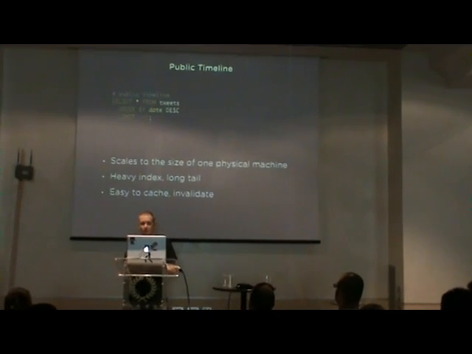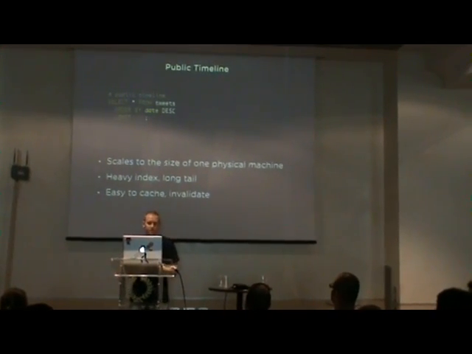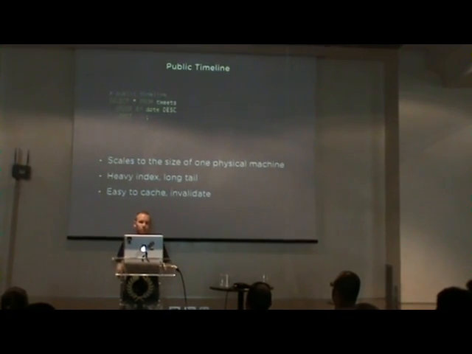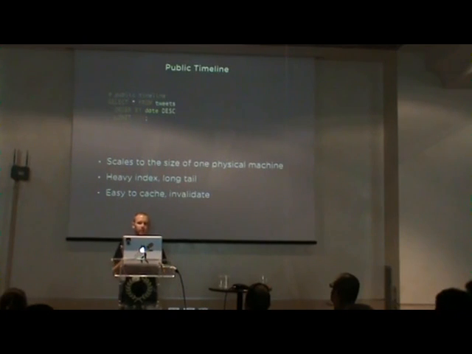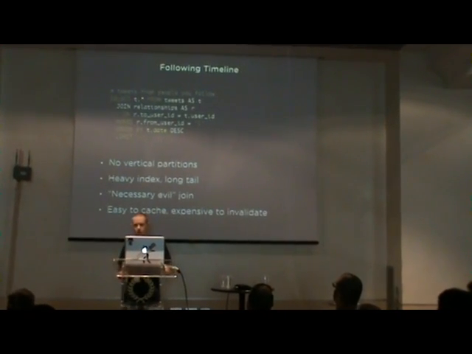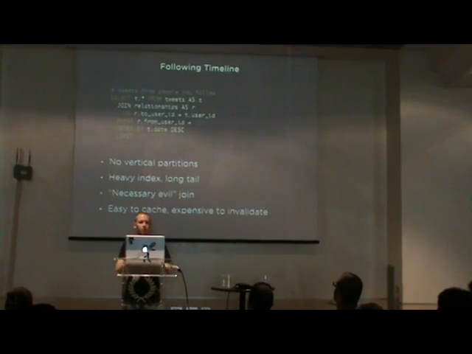The nice thing about this is it's very easy to cache and very easy to validate. It's a single cache key for every single user. Every time somebody makes a tweet, we can just push that into a cache and it's a shared state for everyone. And we move on to the following timeline,